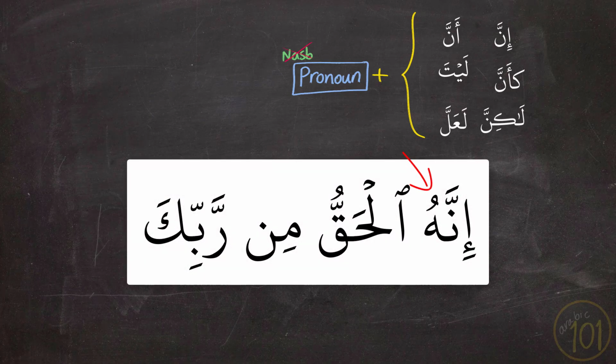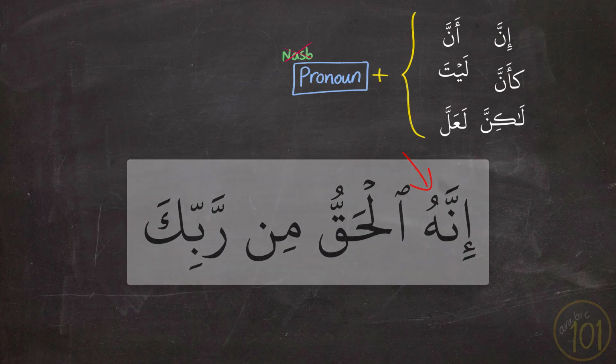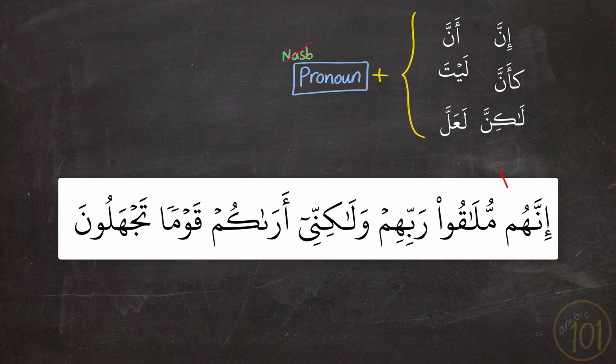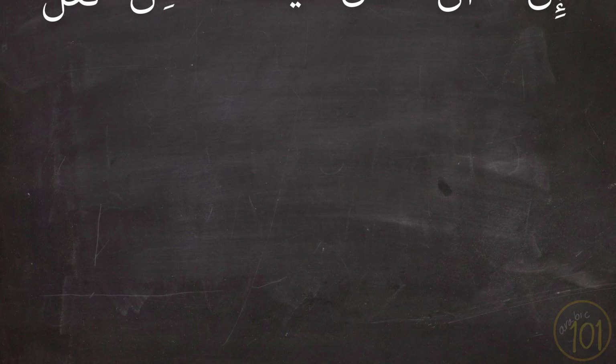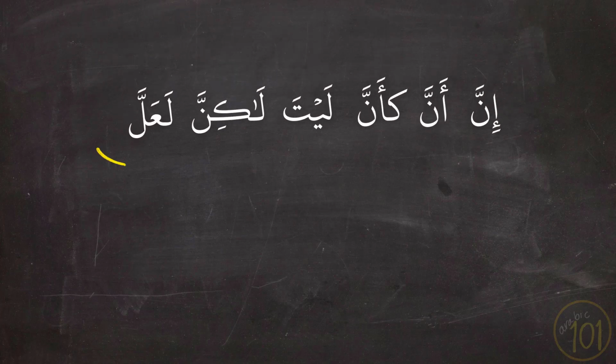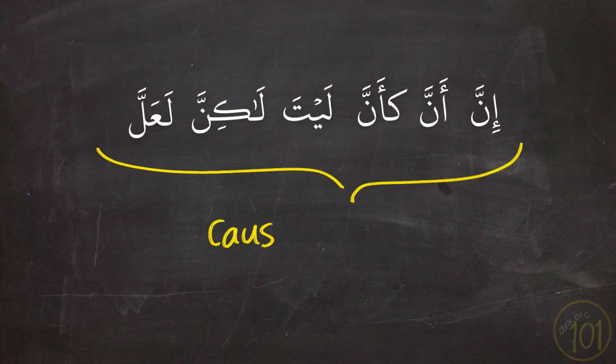إنه الحق من ربك. إنهم ملاقو ربهم. ولكني أراكم قوما تجهلون. So the most important takeaway of this lesson is that these 6 particles cause the noun after them to have nasb,